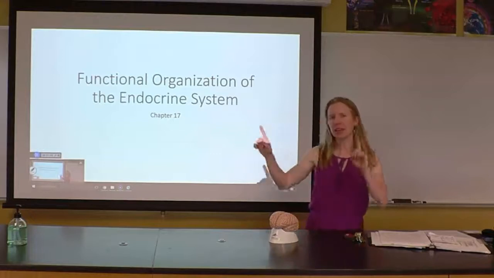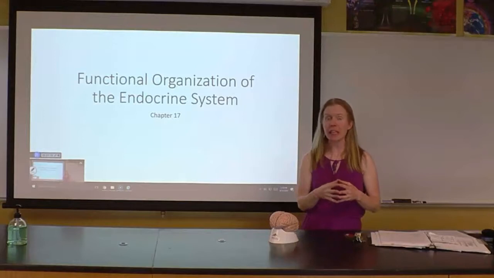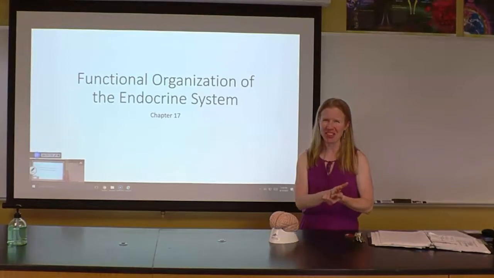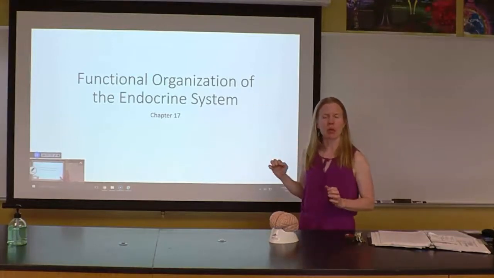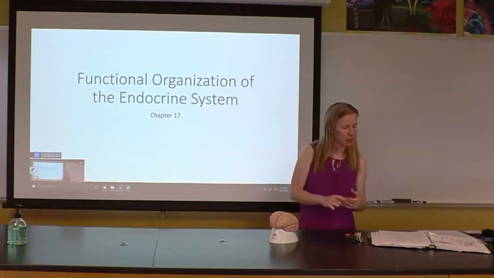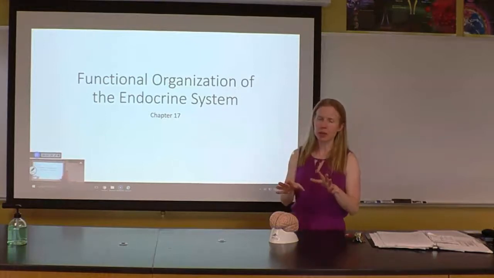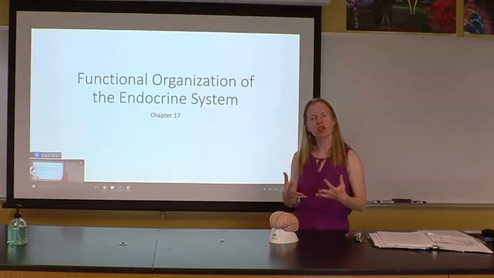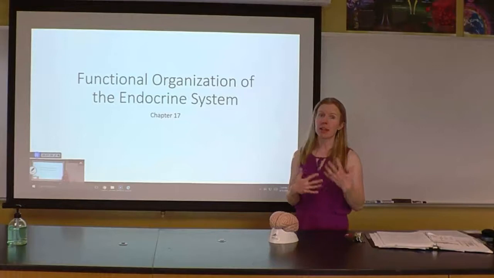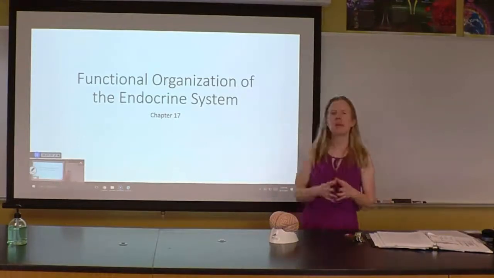In general, I would say if you're looking at the two systems, the nervous system was really good at rapid, acute, short-term changes, right? You touch a hot pan and that arm retracts, pulls away from that stimulus. What we're going to see here with the endocrine system is that they tend, not always, to be a little more long-term, gradual changes that hormones make, right, to make slight adjustments in homeostasis. They tend to have more widespread targets and that sort of thing.